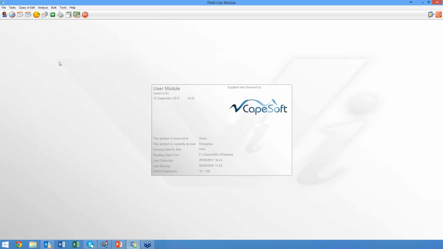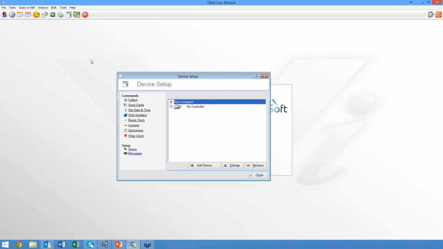And then the next thing is the date and time. So you've got your clock, and for some reason the date and time has gone out. You need to set that then. In your user module, you'll see the third last icon is your browse device setup window. In the screen, if you click on that, you click on the plus sign. Now this is obviously dependent on your setup, what you're going to see here, whether you're using Cape clocks or hand punch or whatever. You'll see the different clocks, and your description will be according to yours there. You would then just highlight that clock, whichever clock you need to set the date and time on,